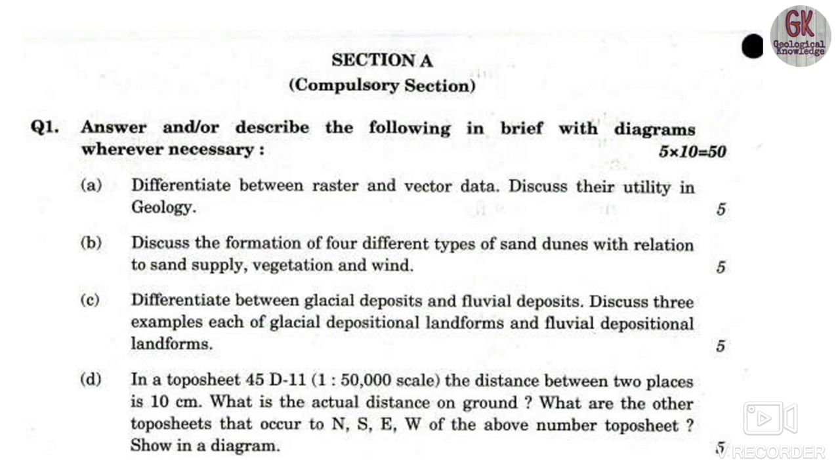Okay, so obviously if you understand the basics of the topo sheet, then it will be very easy for you to answer this question. If you don't have that idea, then it will be tough, and you cannot answer that particular question. The idea of the topo sheets, how they are formed and what are their quadrants, or how we divide the topo sheet in numbers like 45D, 45C, A, B. So all that will be there. That is the conceptual part. If you understand the topic, then it will be very easy for you.